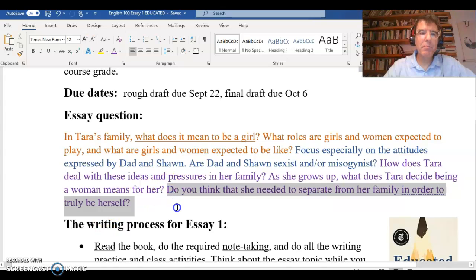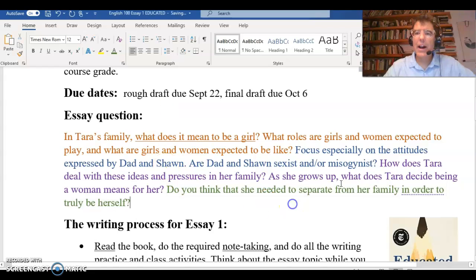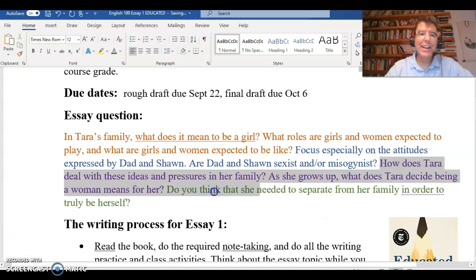Let's actually make this one a different color. I think the purple question all kind of goes together. How does Tara deal with these ideas and pressures in her family? As she grows up, what does Tara decide being a woman means for her? These 2 go together. They're basically one question said in 2 different ways.